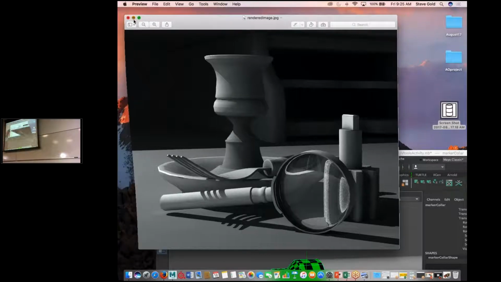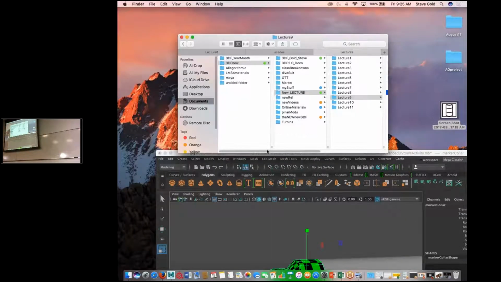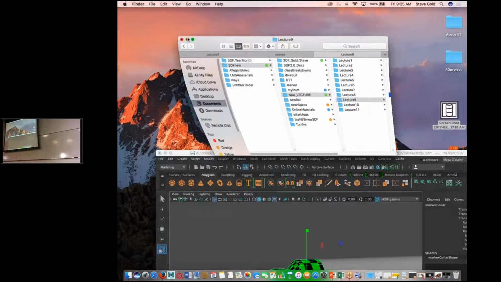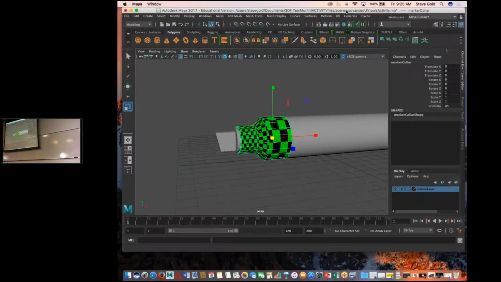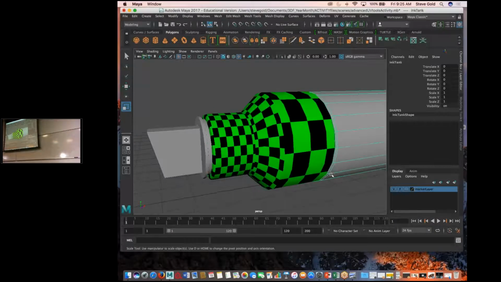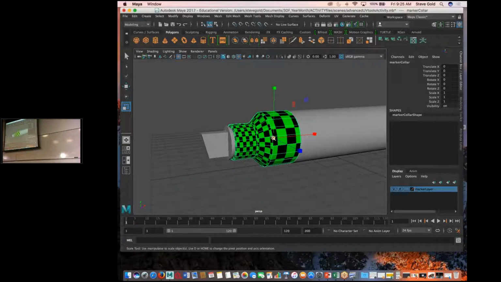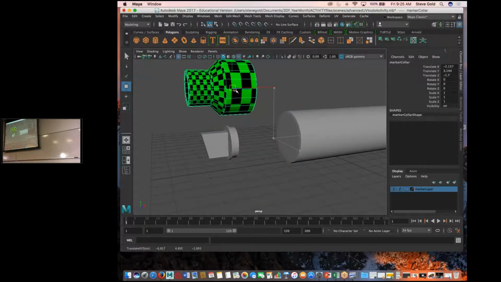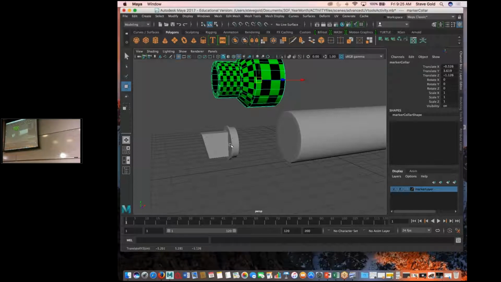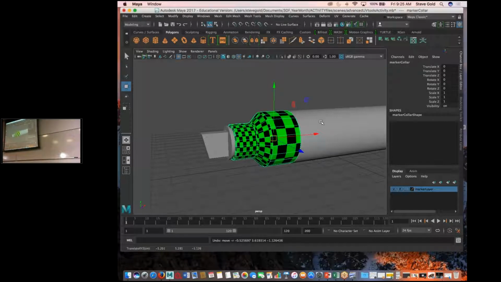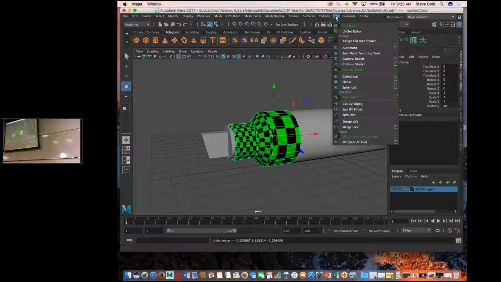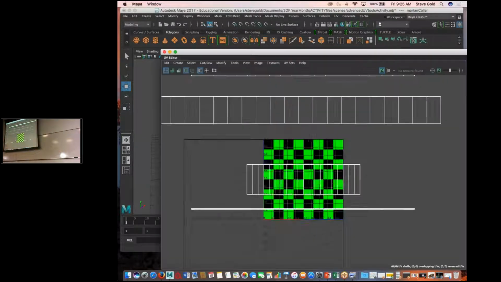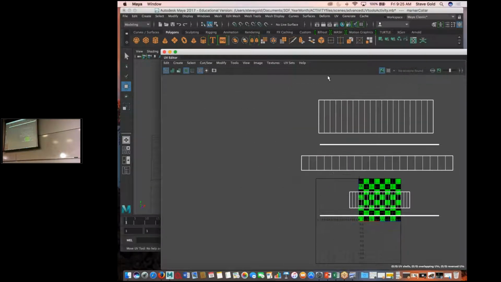Let me get back to my buddy Maya. Of course, the whole object has to be UV mapped, but we're just going to work on this one particular piece here, which is sort of the collar of the marker. It helps to hold, helps to transition from the ink tank over here to the cap area. All right, so in the UV editor,